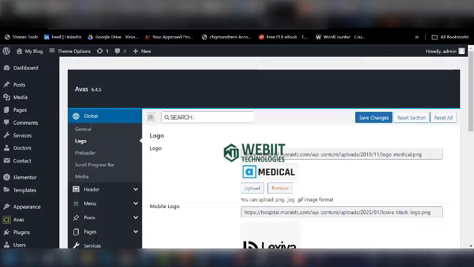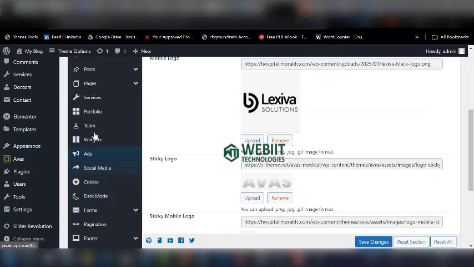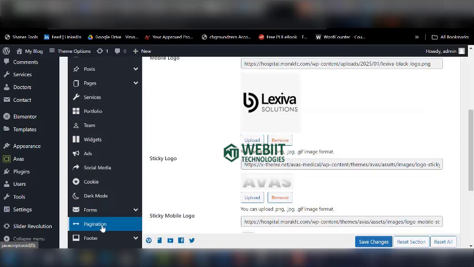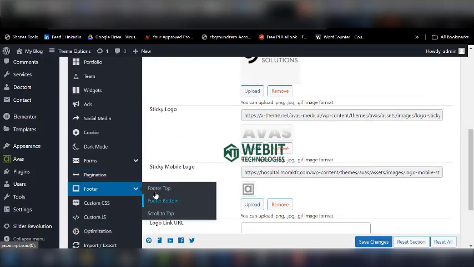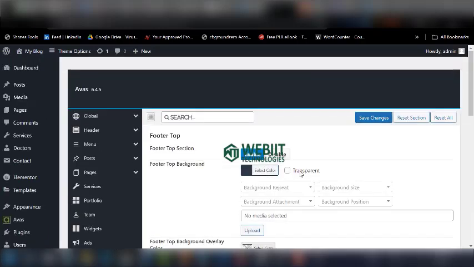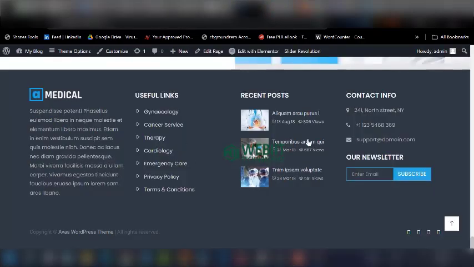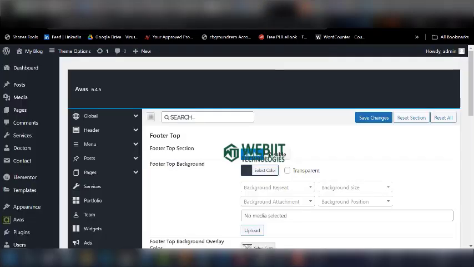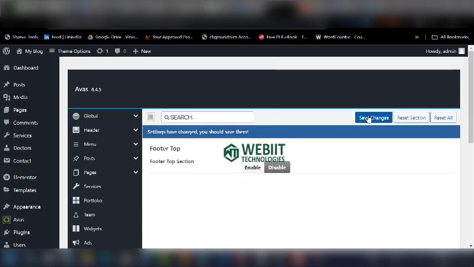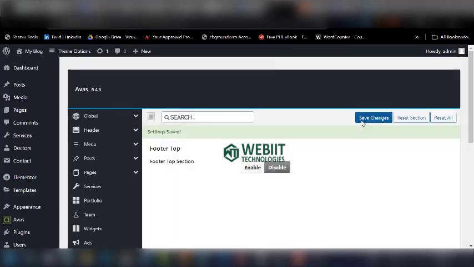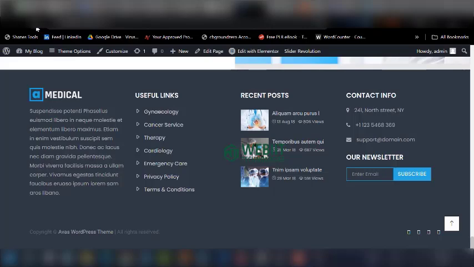Now come back to your dashboard. Come to footer. Here is the footer. Then you see footer top, footer bottom, and scroll up. You can click on footer top. Here is the footer top. But if you don't want it, you can disable it. If I disable it and I save changes, and I come back here and refresh,